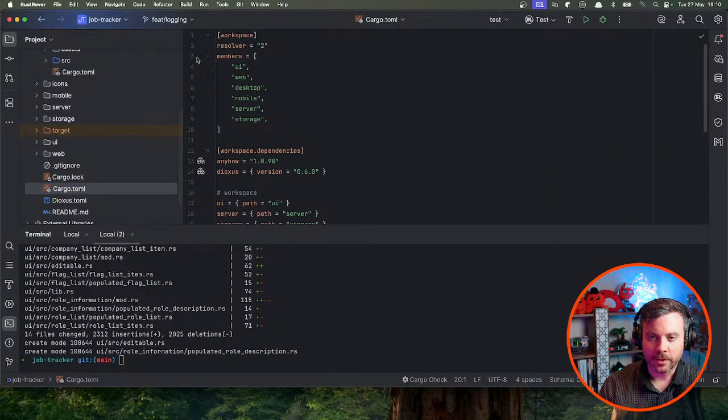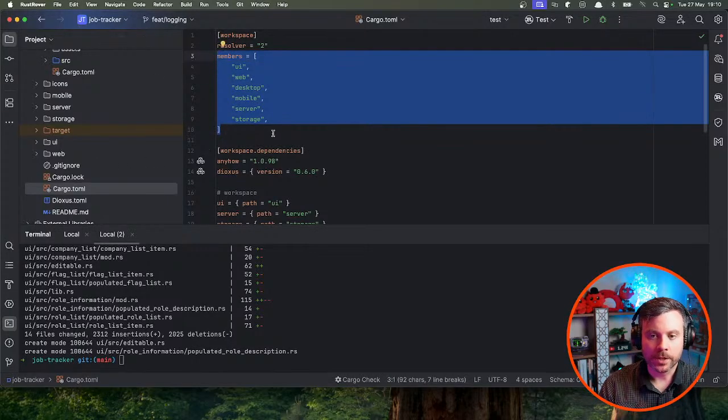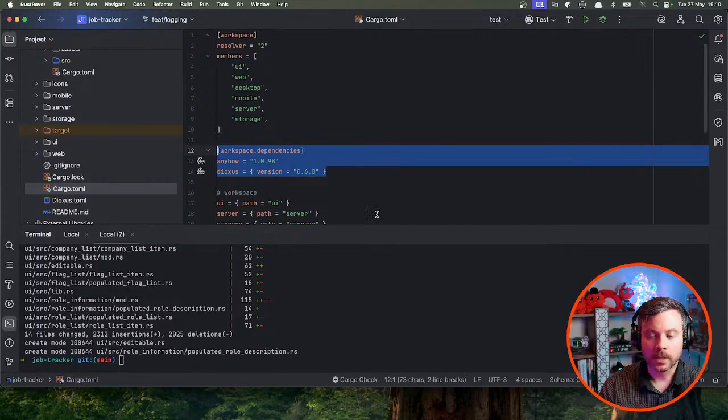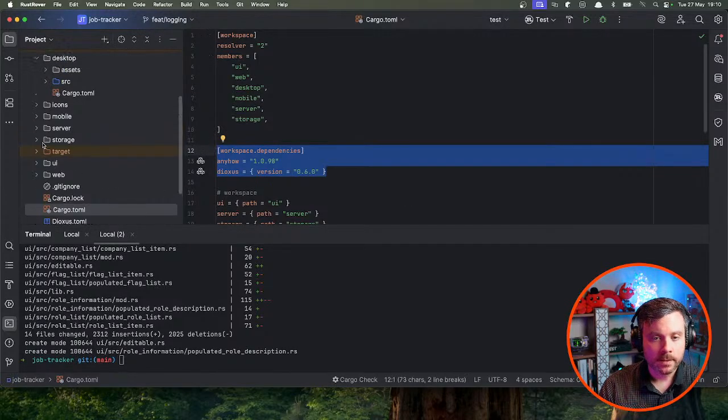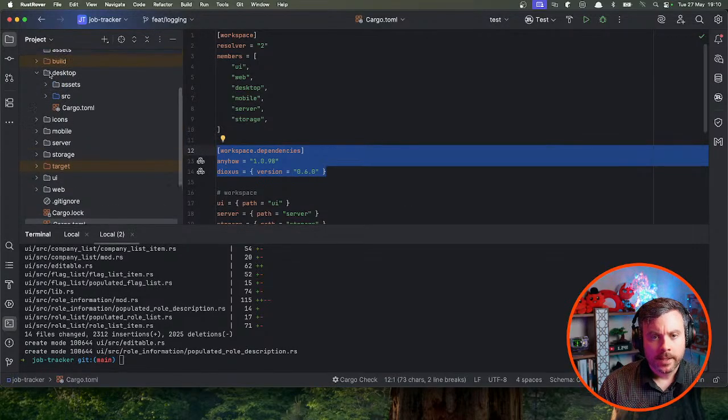I do worry about going over this every single time. I know that I'll have different people watching at different times. So we have a workspace. There are different packages inside the workspace. There are a few dependencies that are used across the workspace. The current application is just desktop. We're using Dioxus as a framework to build the application, and we can make a server and a web-like front end for it. I'm probably not going to do that with this particular version of the program,